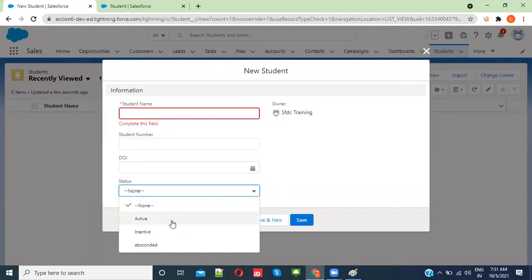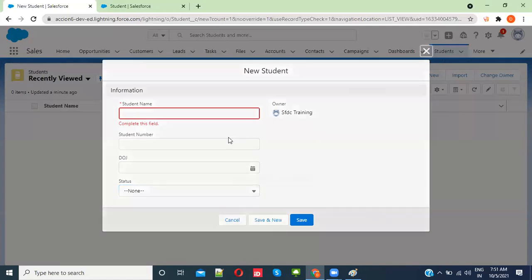Let's say Salesforce is selected, then what is the start date, what is the end date, when it started, what is the batch number. If you create it as a pick list, you cannot see that. So for that purpose, we'll create another object to store all the attributes. Then those will be linked to this object. That is called a relationship. Relationship is nothing but linking the data between two objects.